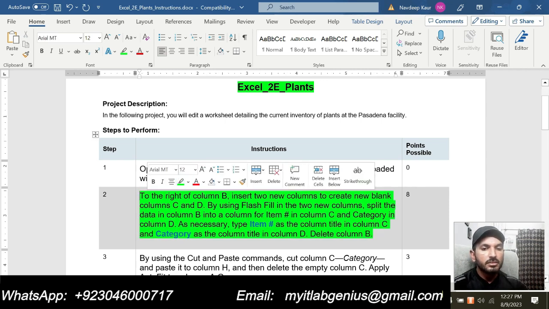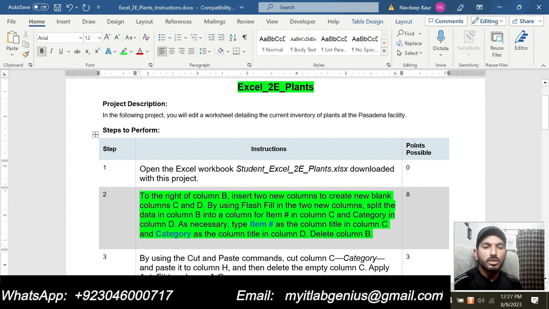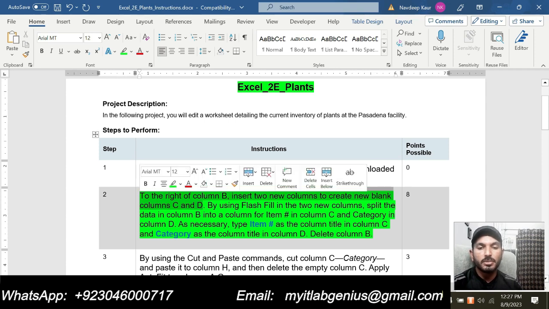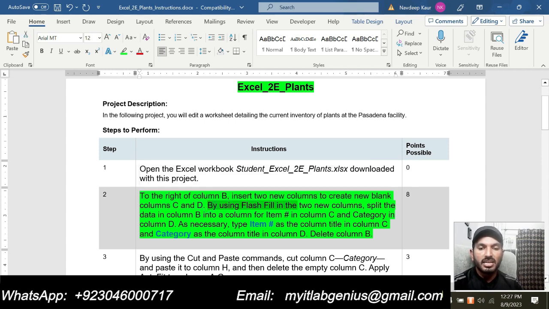Step number 2 is: to the right of column B, insert 2 new columns to create new blank columns C and D. So first we are supposed to create 2 new columns to the right of column B, and then use Flash Fill in the 2 new columns.